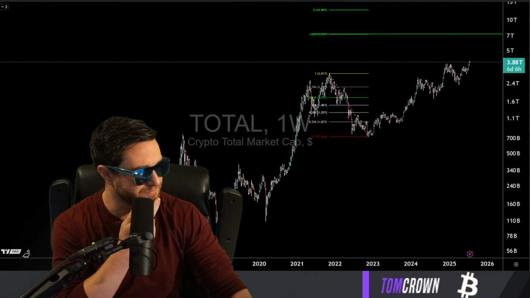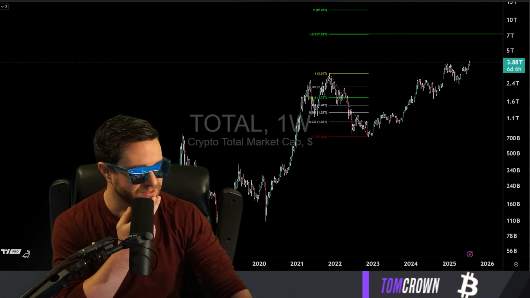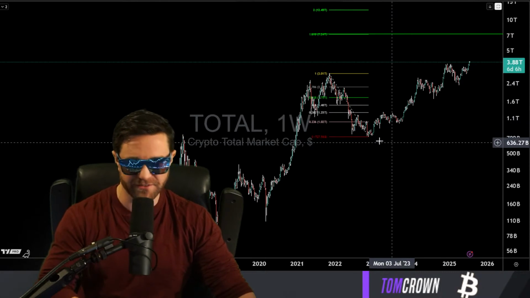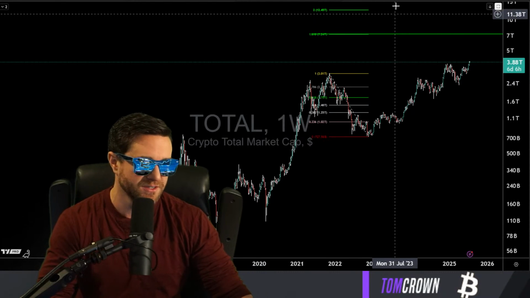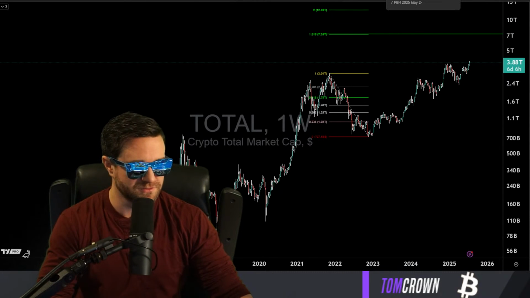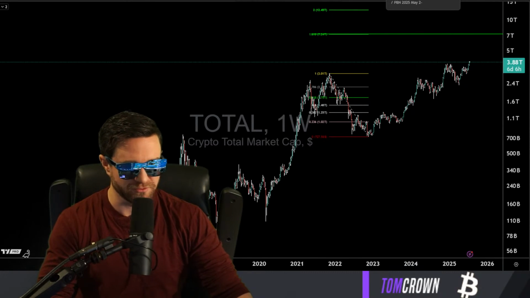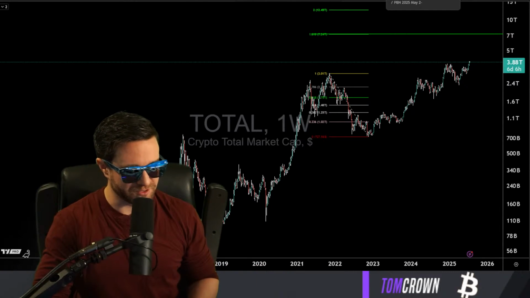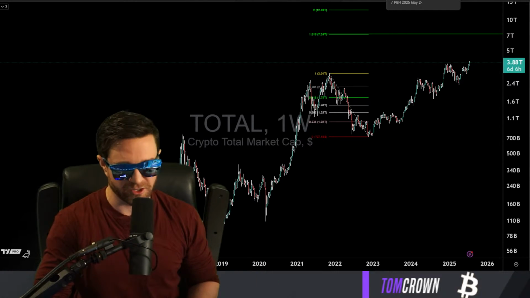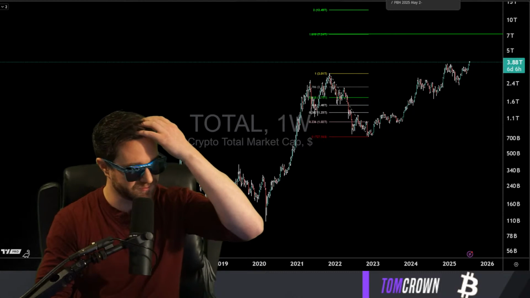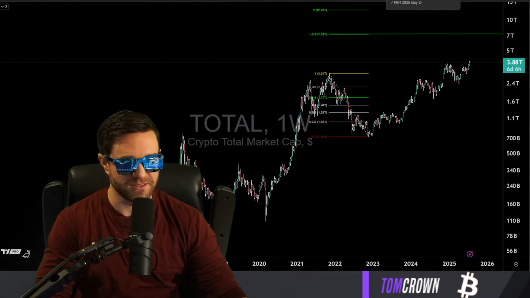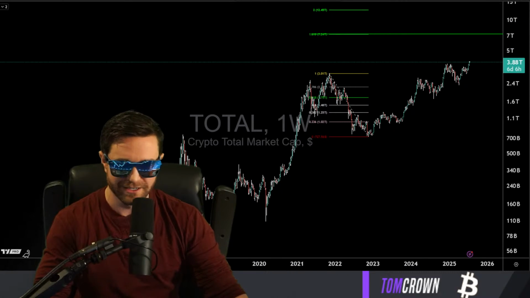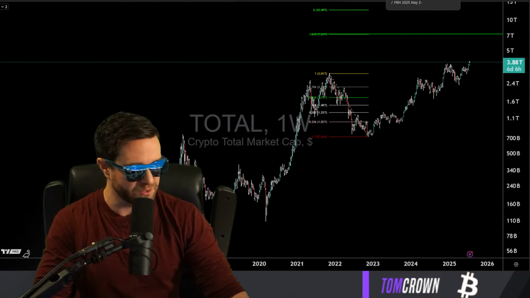Opinions on Dogecoin? Dogecoin looks good. Everything looks good. I've been saying for a few months now, I think the dollar pair bottoms are in for the bull cycle part of this. April, I believe, was the low for the dollar pairs on alts. So when the cycle is over and we go into a bear market, those lows are probably going to be broken by most of the coins.